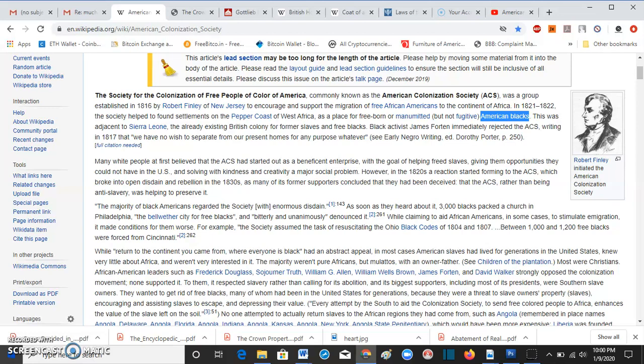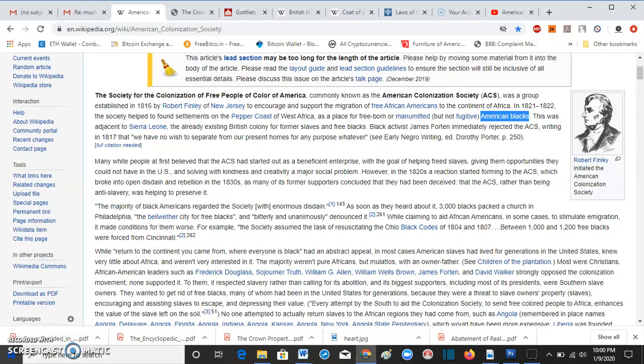Here go your black codes, for all you who want to be black. Of 1804 and 1807, between 1,000 and 1,200 free blacks were forced from Cincinnati. While return to the continent you came from, where everyone is black, had an abstract appeal,